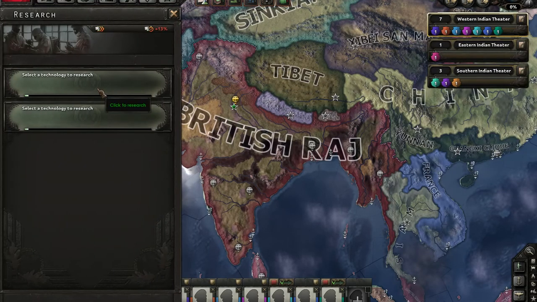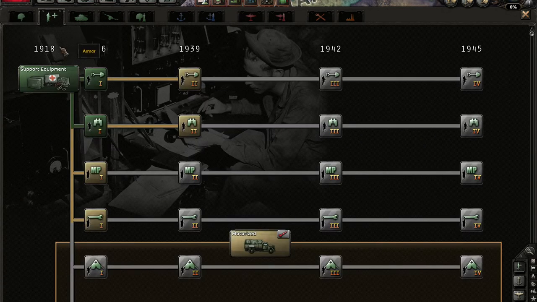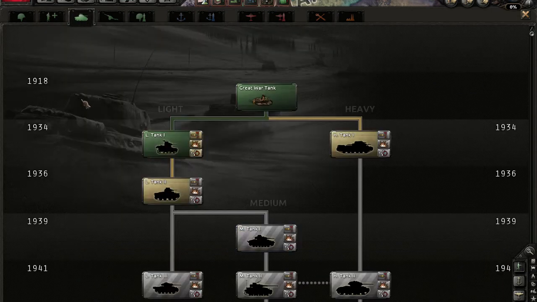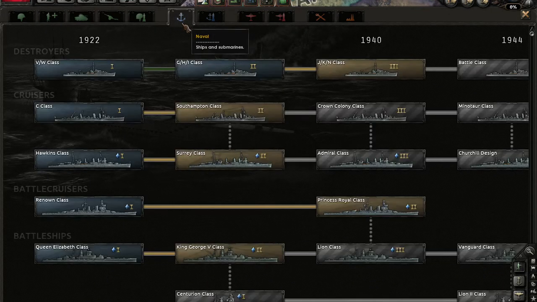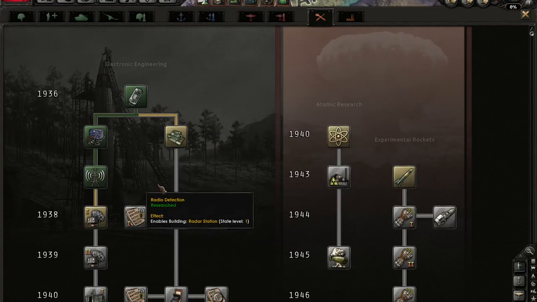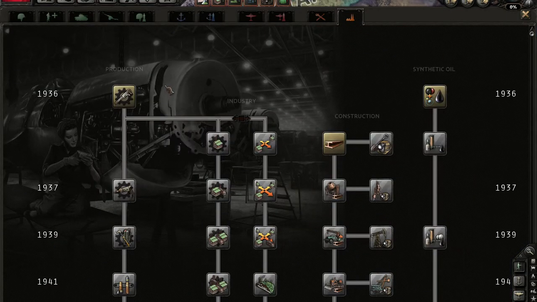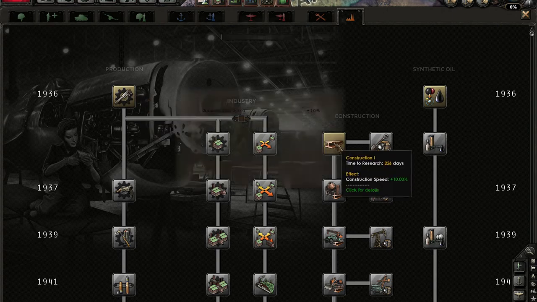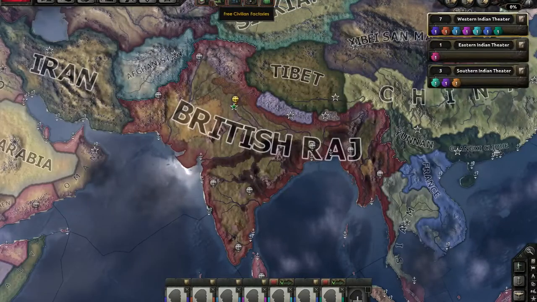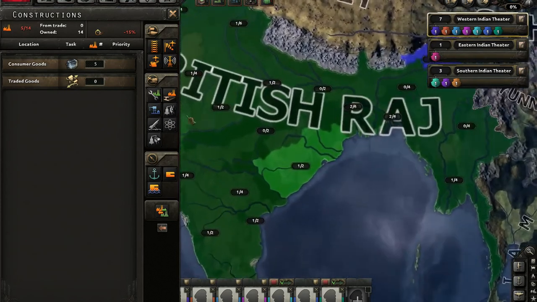So now we can finally get to our research. Unfortunately, we only start with 2 slots. In the focus tree we can expand more. But the good thing is we do start with essentially the British starting technologies. So we get some ships, some planes. I actually have radar. So we're going to start with research, mechanical computing, and like typical, I'm going to start with construction. So what we're going to do now is going to start building